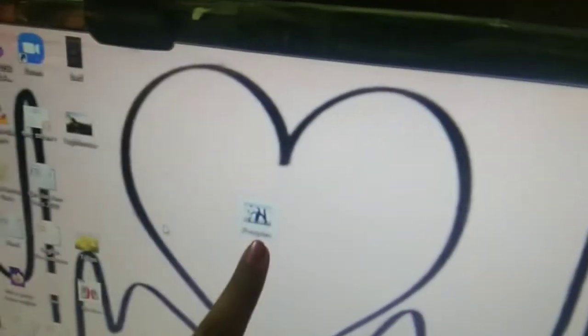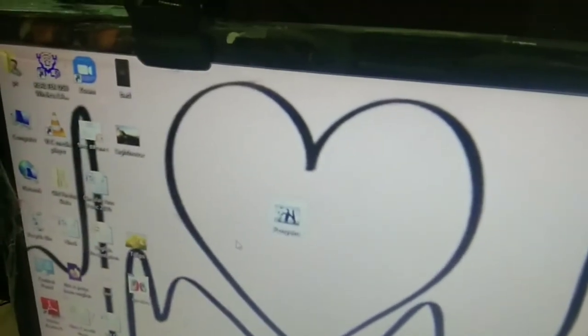Then the picture will move here from there. Okay, so this is the function of a mouse.